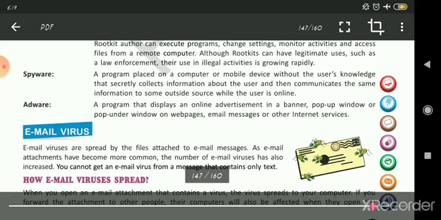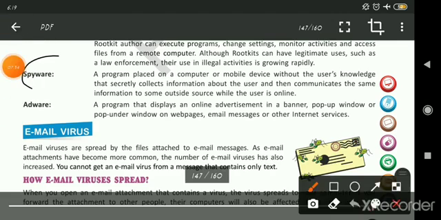Okay, so this is spyware, because spy means what? Jasusi. Clear?